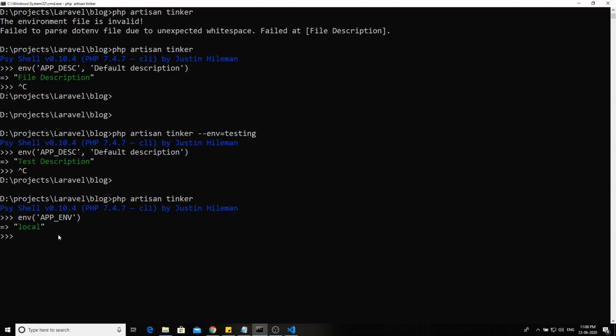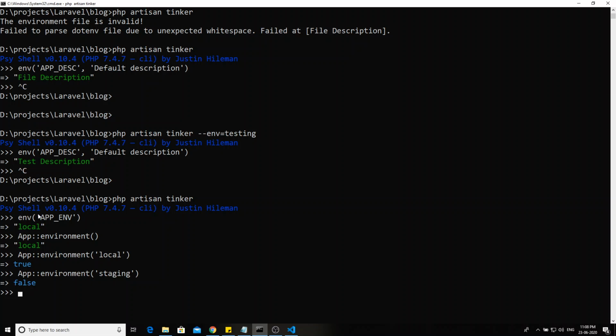For this, Laravel comes with a special facade, the App facade. With this one also you can get the environment. For example, App::environment(). If you mention it here, it will also return the same thing, only local. You can also check with a boolean, true or false. So if it is local or not, it will return false. If you want to check staging, you can write staging or anything. Staging, it's false because the environment is local.